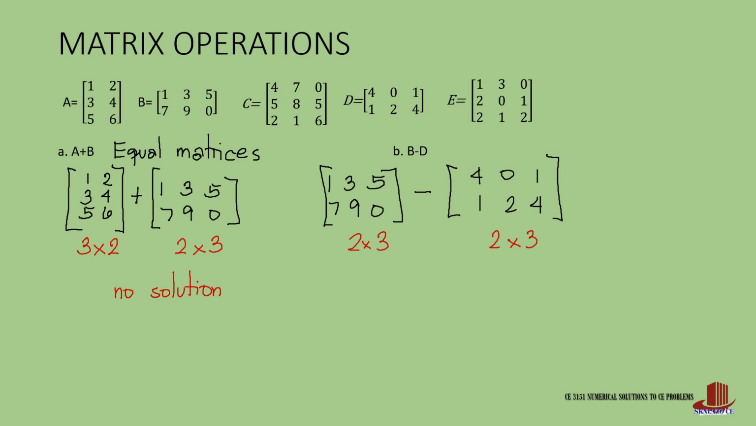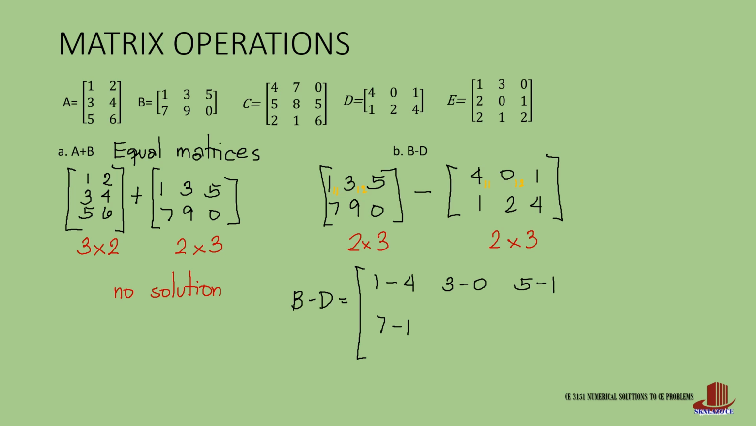In subtraction or addition, you are going to add or subtract elements with the same index. So in this case, your element 1, 1 would just be subtracted with element 1, 1 of the other matrix. Element 1, 2 would also be the same, subtracted with element 1, 2 of matrix D. So to simplify, we would have B minus D to be equal to 1 less 4 for A11, 3 less 0 for A12, 5 less 1 for A13,